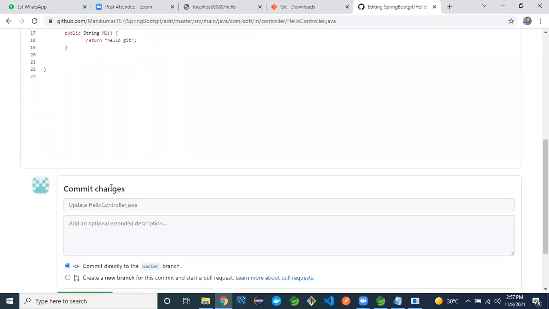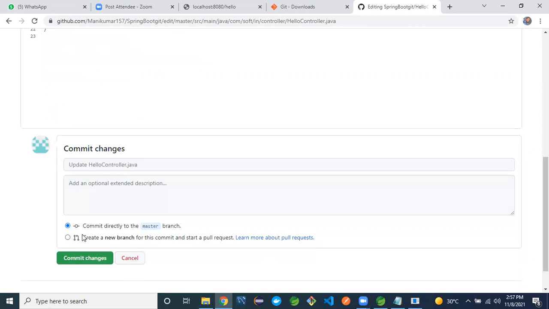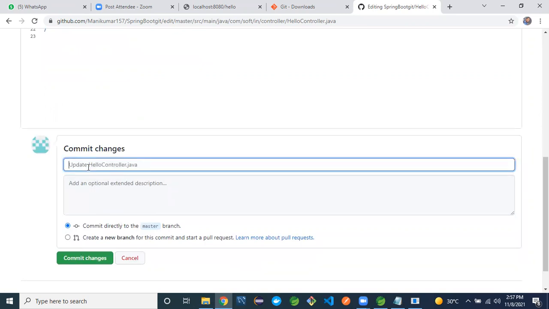After that, scroll down to the commit message: adding M1 method from developer 2.